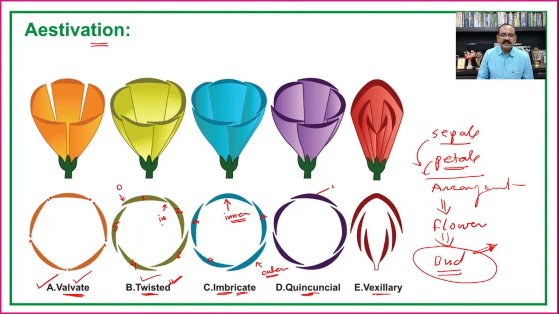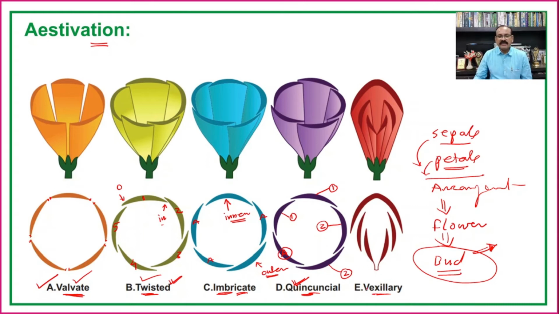Here this is the first petal which is outer, this is the second petal which is outer, this is the first petal which is inner, and this is the second petal which is inner. So we can say that here 2 petals are completely outer and 2 petals are completely inner, and such a type of arrangement of the petals or sepals is known as the quincuncial type of arrangement, in which this one petal is alternate, that is, one side is to the outer side and another side is to the inside.